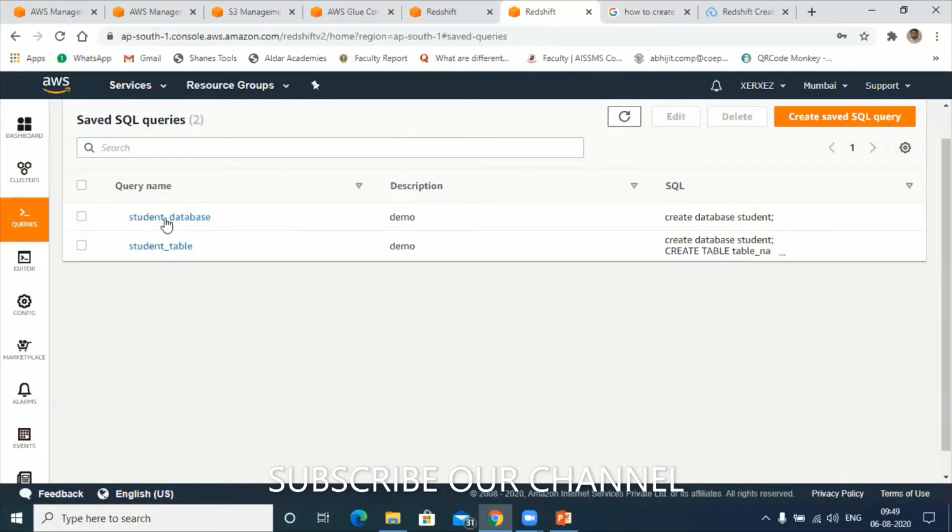Here you can see there is one database, the student database. In the same way, I have created one table called student table, but it is not displaying what I just created. Employee database, no? Participants. Yeah, let me go to the editor.